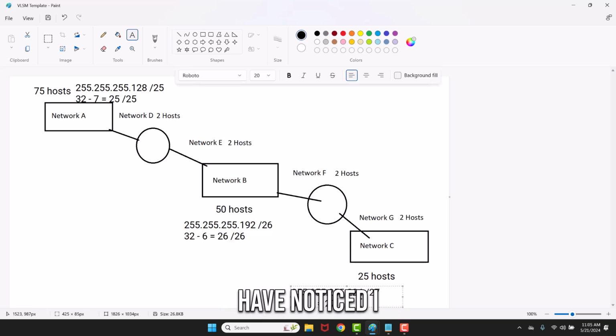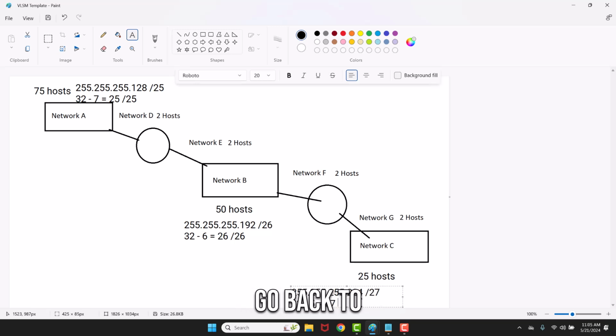Now, you may have noticed I didn't go over how I know how many bits I need for 2 hosts. This is another one of those weird ones that I actually suggest you memorize. I don't actually suggest you memorize much. 2 to the 10th power is close to 1,000, and then there's how many I need if I'm only going to need 2